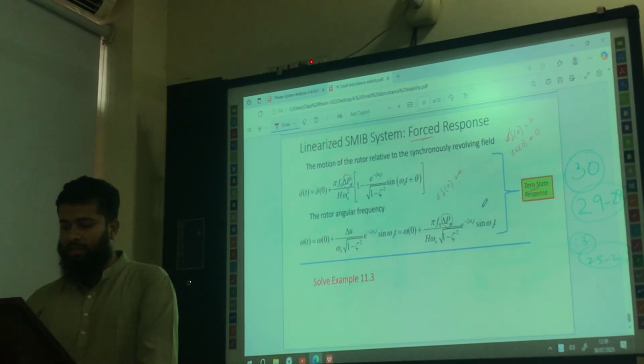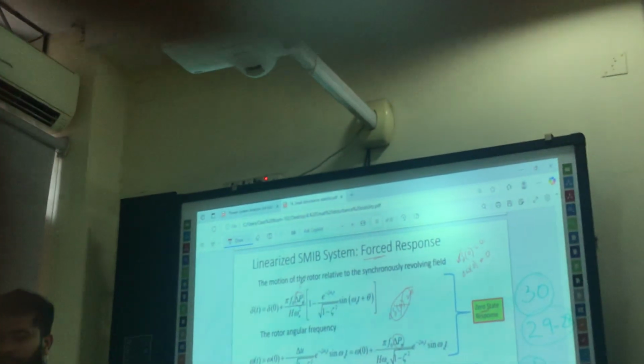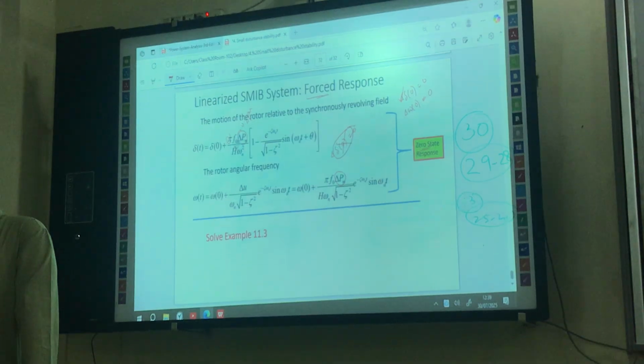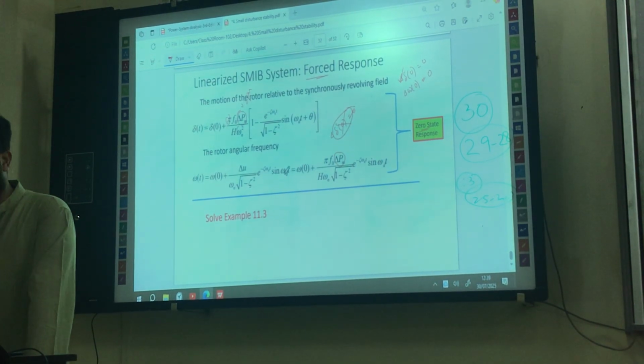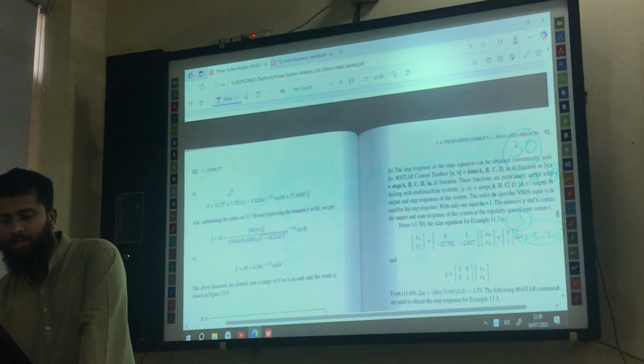And here you will see that there is no delta zero parameter in the equation because it is now zero. Later you will get this delta t that is given as 0.2 per unit in the problem. Okay. And all these values are same as before. So if you place all these values, then you will see that this will be your delta and this will